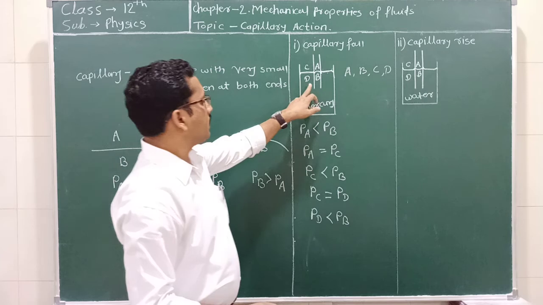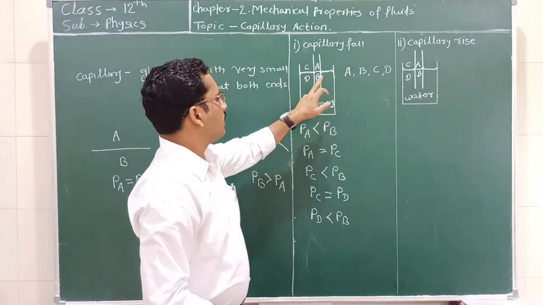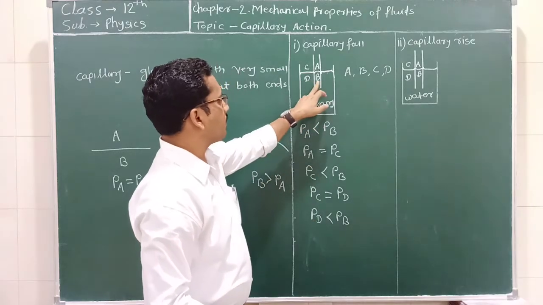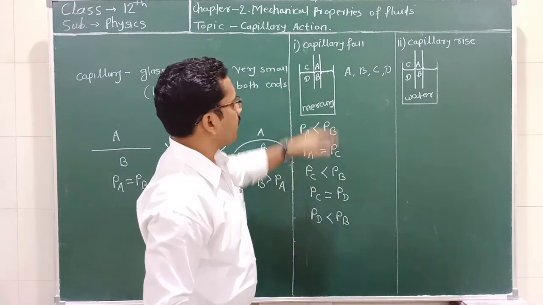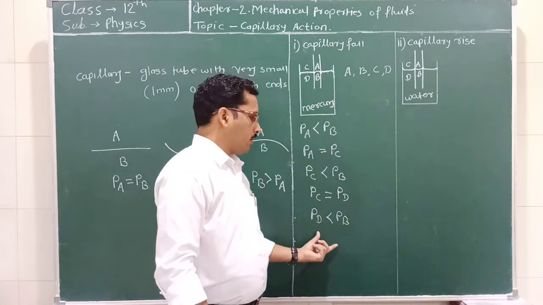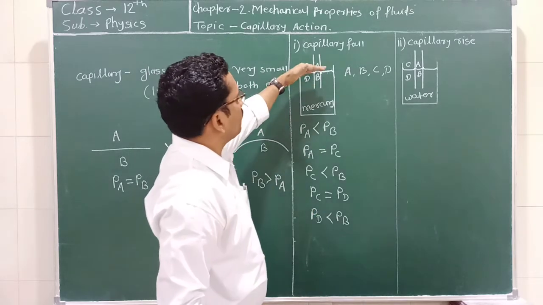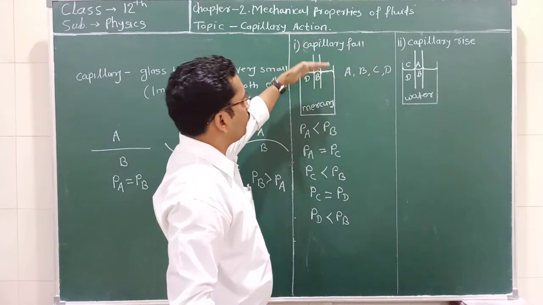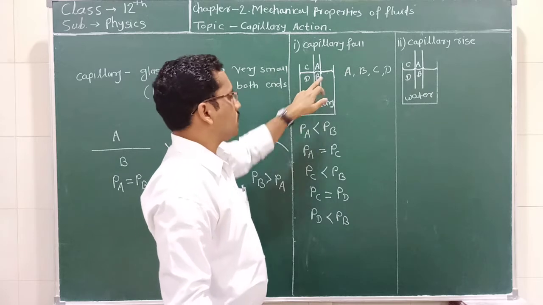So what is the difference between the pressure at point D and the pressure at point B? The difference is that the pressure at point D is less than the pressure at point B. So what happened then? Due to this pressure difference, the level of the meniscus inside the capillary tube decreases till the pressure at point D and the pressure at point